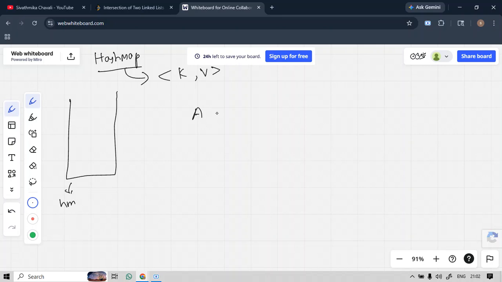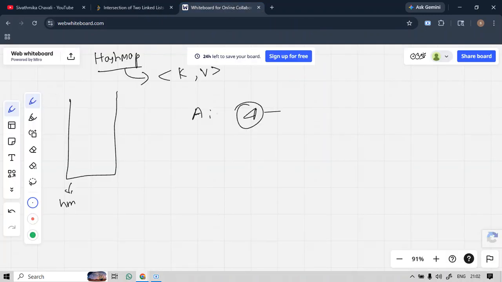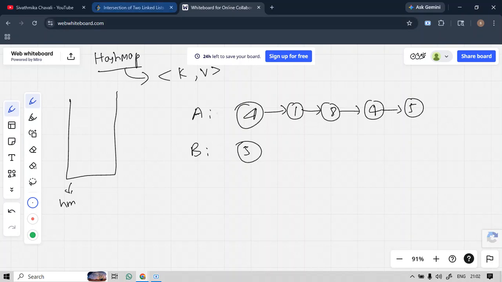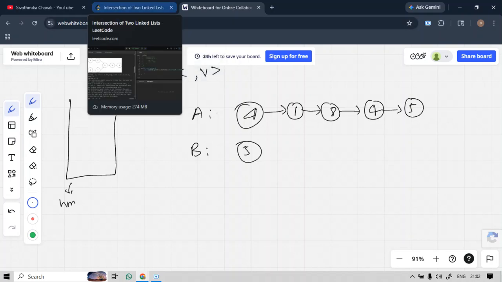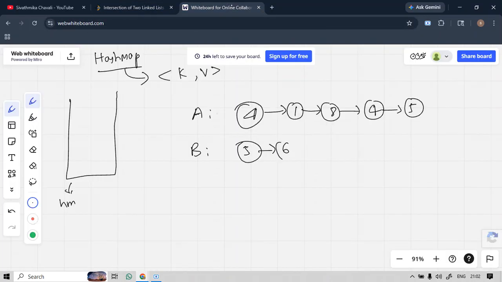If you take example one, the A linked list is 41845. This is the A linked list as per example one. Okay, and the B linked list is 561845, and here it is intersecting.